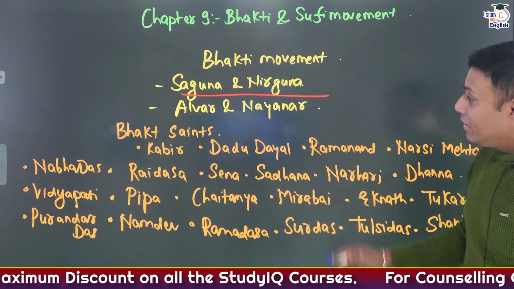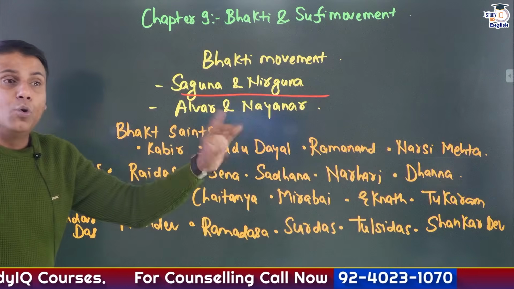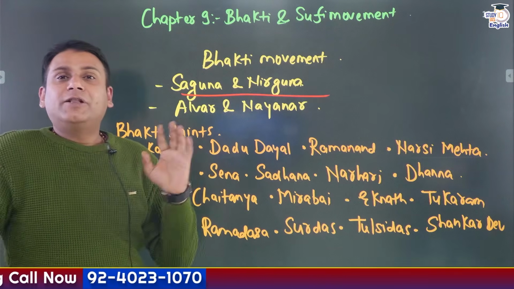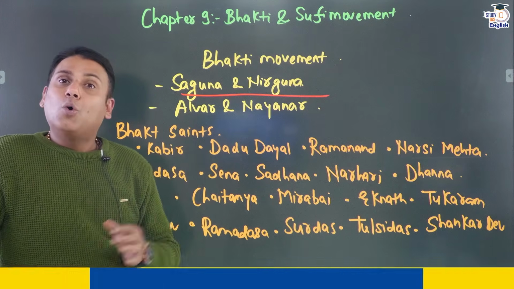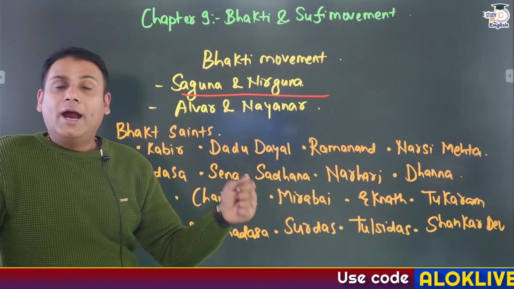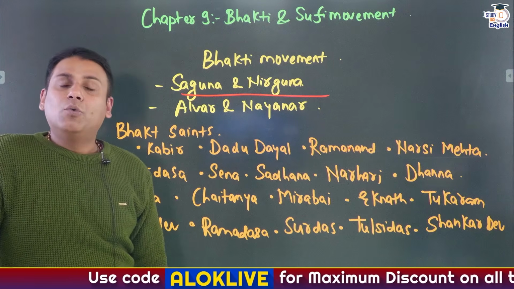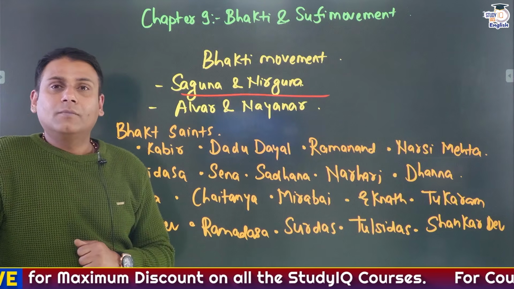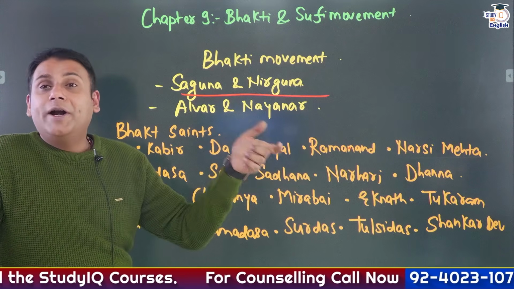Okay. So these are the important Bhakti saints that you compulsorily need to go through. I'll give you a very simple example. Ramcharitmanas, it was written by which Bhakti saint? It was written by Tulsidas ji. Who has written Das Bodh? It was written specifically by Ramdas ji, who was also one of the gurus of Chhatrapati Shivaji Maharaj ji. The term Harijan, that is people of God, it was coined by whom?